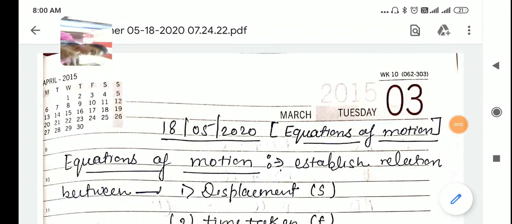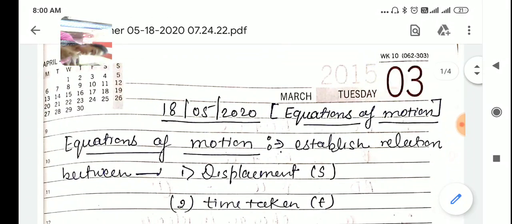Good morning, students. Today we are going to start our next topic, that is equation of motion. Basically, this topic is based on our previous topic, graphical representation of motion. So, whenever we are talking about equation of motion, what does it represent? Any equation of motion represents some mathematical relationship between the different quantities that describe